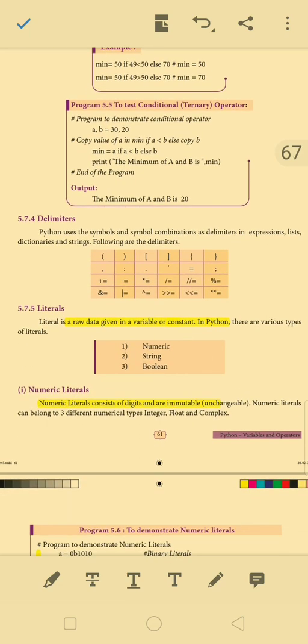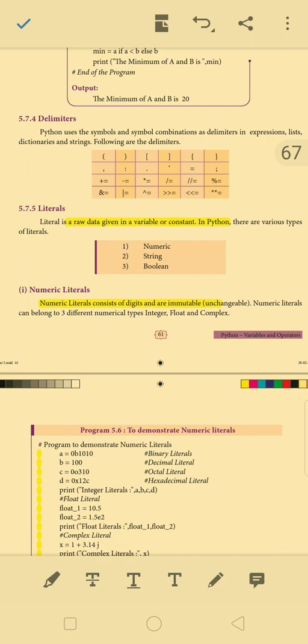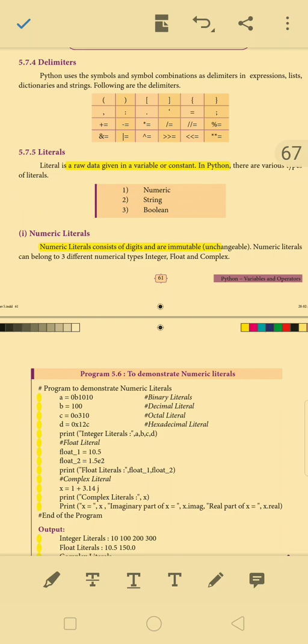Next one is delimiters. Python uses simple and compound symbols as delimiters in expressions, lists, dictionaries and strings. Next one is literals. A literal is raw data given in a variable or constant. Here numerical literals are denoted as digits, which are immutable.